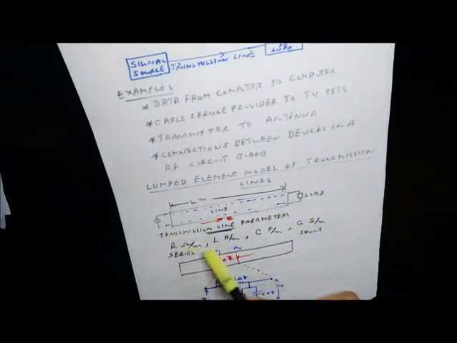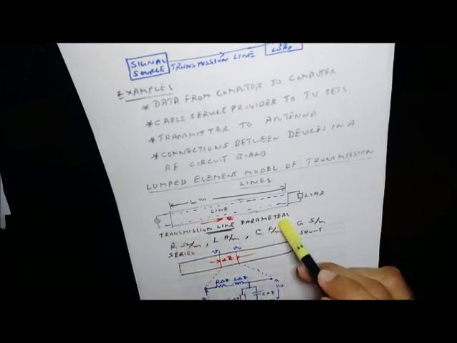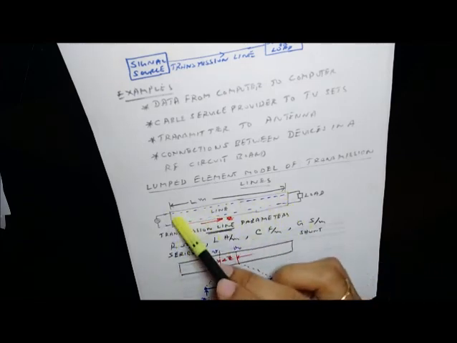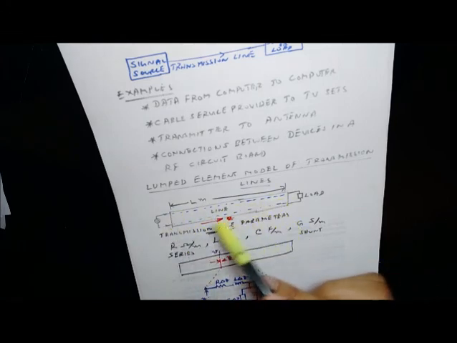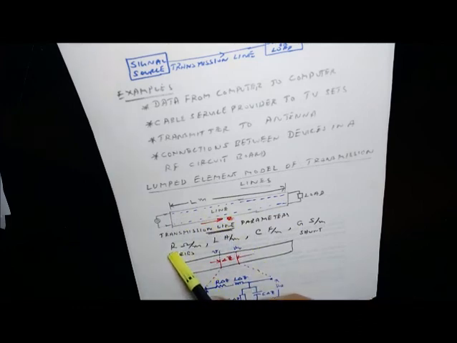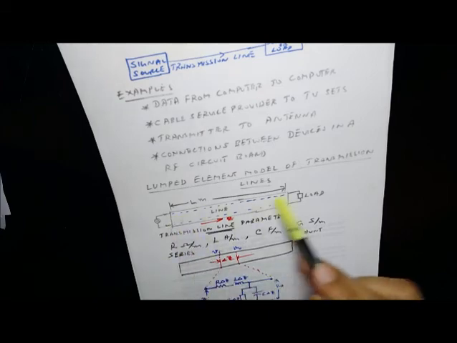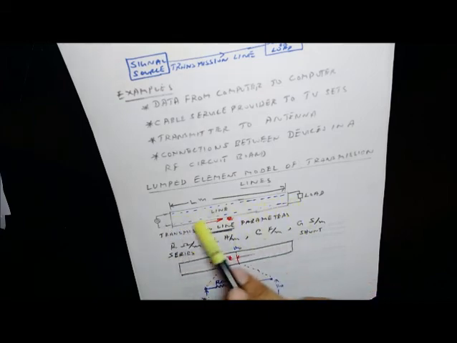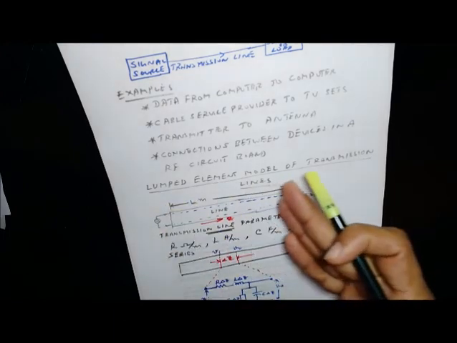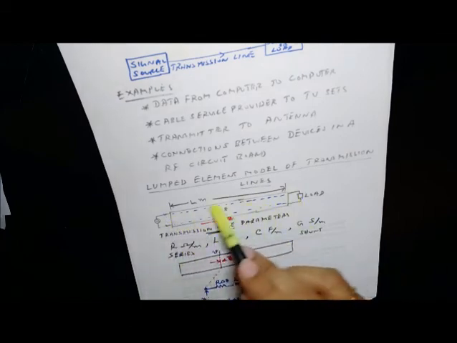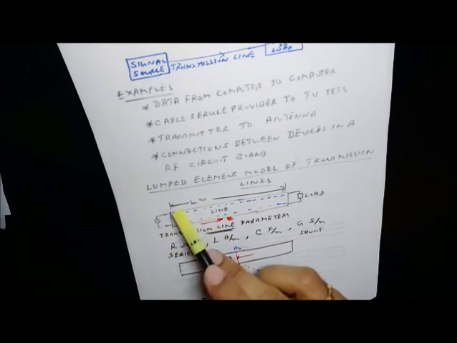Now, there are certain parameters which we call transmission line parameters. Obviously, this transmission line will have a series resistance, which we will represent as the resistance per unit length of the transmission line. So that will be expressed as R, ohm per meter. That is a series resistance. It is the resistance per unit length, and this resistance is actually distributed over the transmission line because the transmission line is going to be fairly long. So the entire line is going to have a resistance of R into L, since its length is assumed to be L.